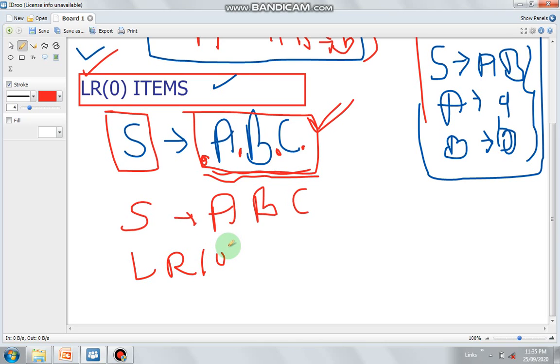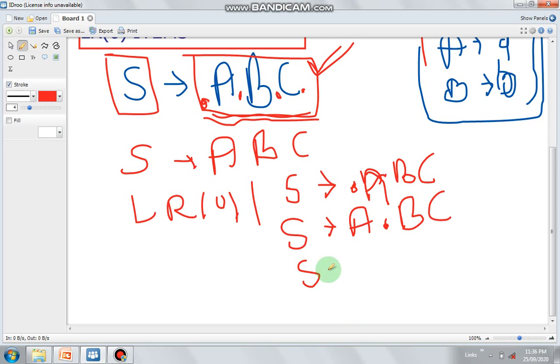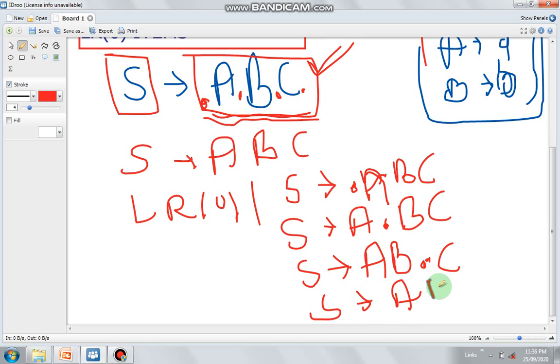All possible LR0 items would be: A derives dot ABC, this is the dot; the second LR0 item could be A derives A dot BC; the next LR0 item could be A derives AB dot C; and the next LR0 item could be A derives ABC dot.